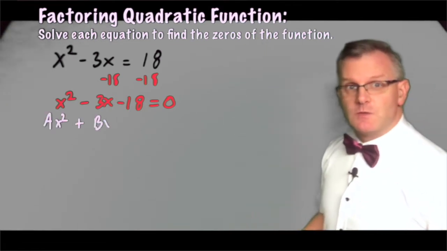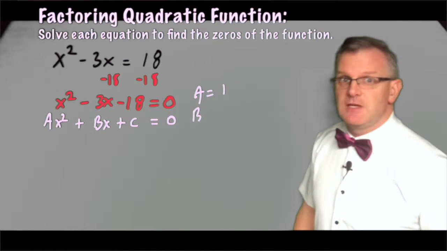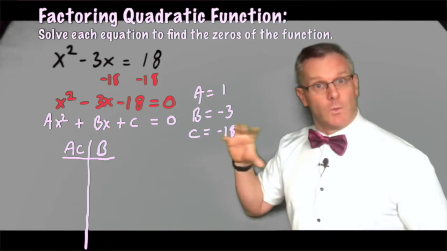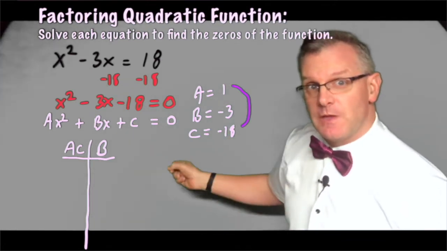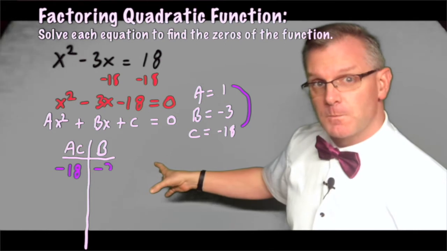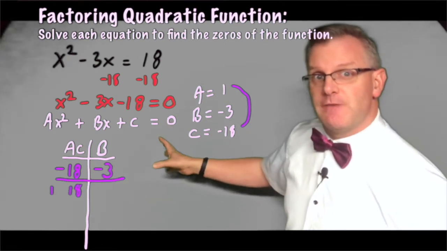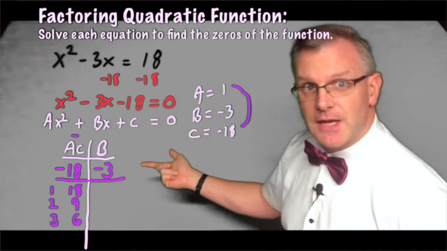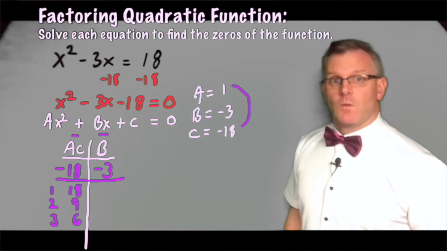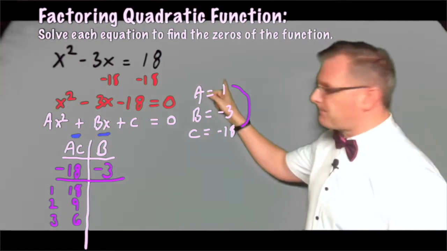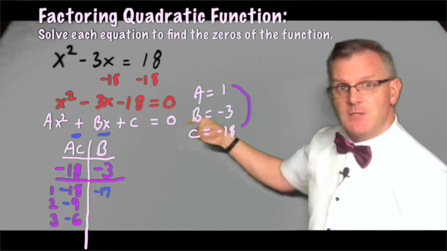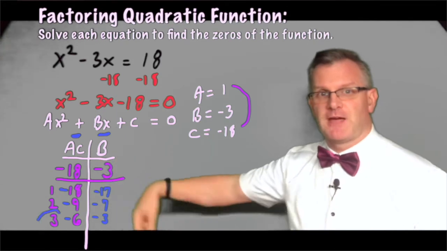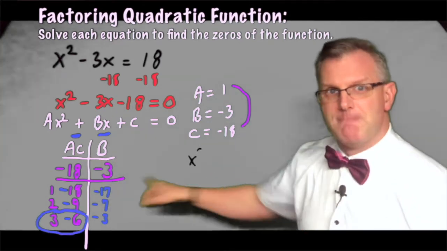A, B, and C. In this case, A is 1, B is negative 3, C is negative 18. So now I'm multiplying to a negative and adding to a negative. Going to once again have a different effect on my signs. In this case, the term with the greatest value is going to have to be negative, so that I can multiply to a negative and add to a negative. Work through our table, figure out which one we need, bring it back into the expression, split up that B term into its two pieces, factor by grouping, pull out the common factor, find your Starbucks girl, make it match,